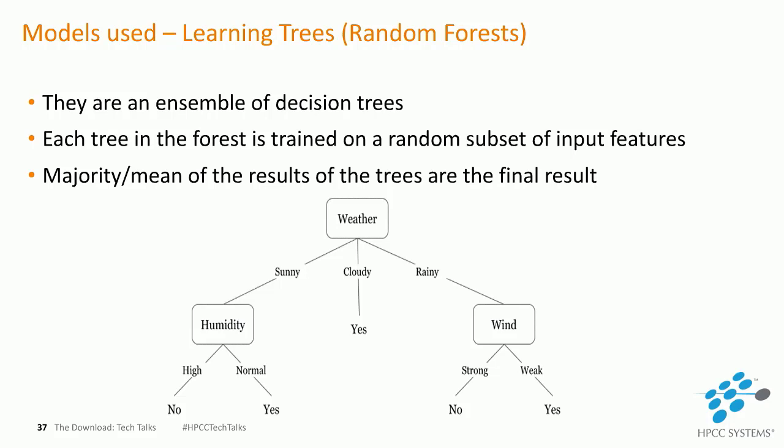Just for your reference, I've added a simple decision tree at the bottom of the slide. This decision tree basically decides whether a person should play golf or not. You can see that the root node over here tests the weather. Now if it's cloudy, it sends it straight to the yes leaf node, so it's classified as a yes. If it's sunny, it's sent down to the left child node, which checks the humidity and so on. So that's how decision trees work.